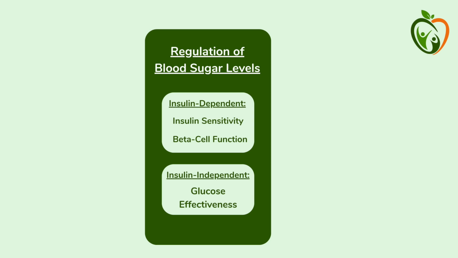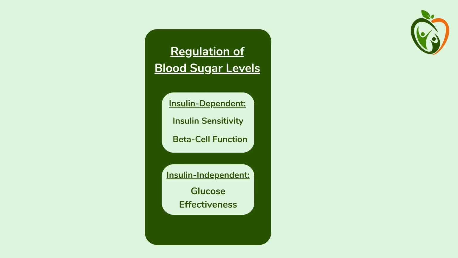So what is really going on in type 2 diabetes is that glucose effectiveness is reduced, insulin sensitivity is reduced, and the pancreatic beta cell is unable to produce enough insulin to keep up with the increased insulin demand. Only then do we clinically develop type 2 diabetes. Any intervention that can improve either of these components, glucose effectiveness, insulin sensitivity, or beta cell function, would be expected to improve glucose tolerance. So in this video, we covered the basics of blood sugar regulation.